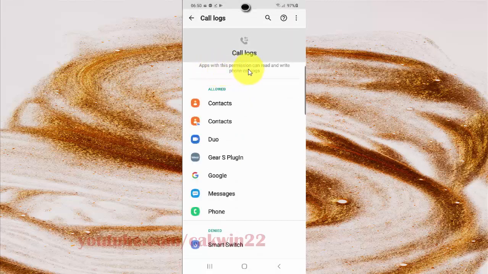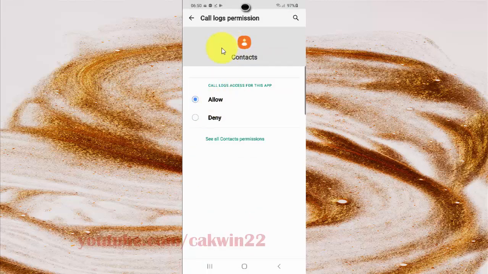Apps with this permission can read and open call logs. Select the app you want to change the permission for, for example Contacts, and then select the option you want, allow or deny call logs access for this app. And then